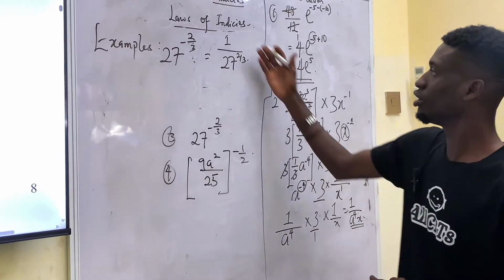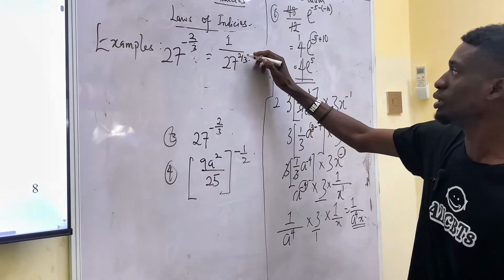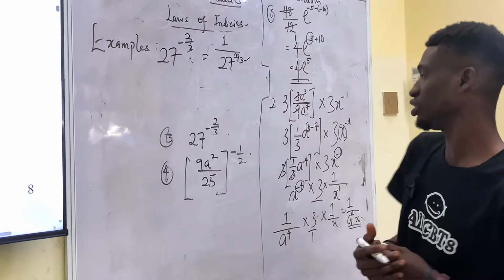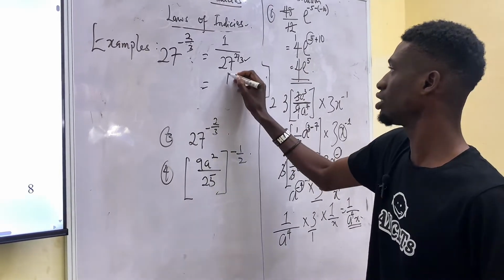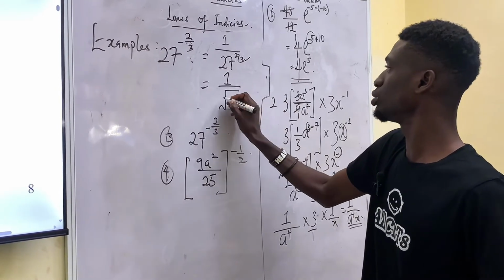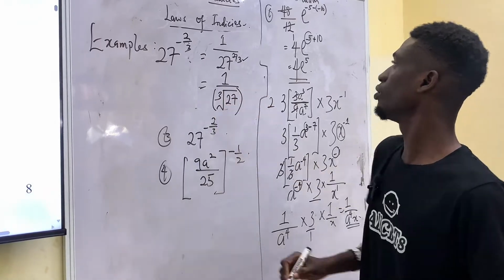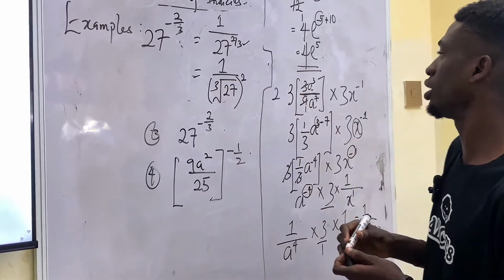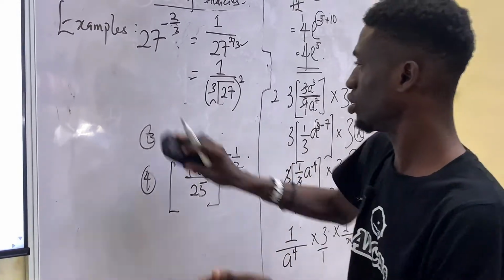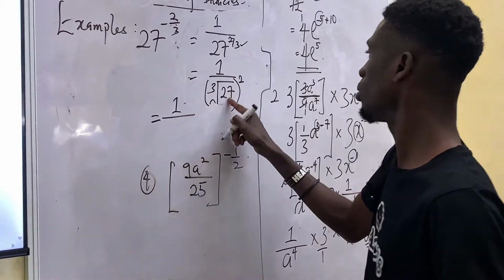Then for your fractional law, I told you that you have to first of all identify your numerator and your denominator. Now in this question, your denominator is 3. So inversely is going to turn to 1. Then your 3 will become the cube root of 27. Then raised to power your square. So now, which is going to give us 1 all on, what's the cube root of